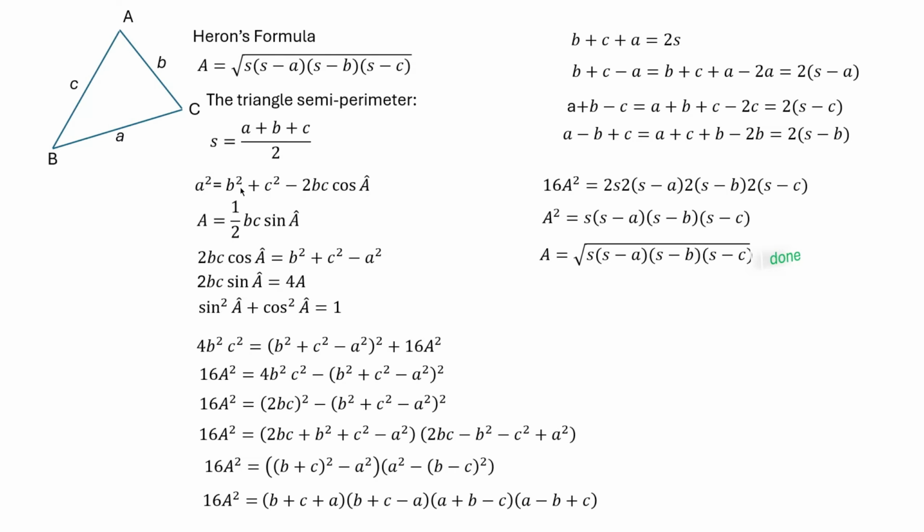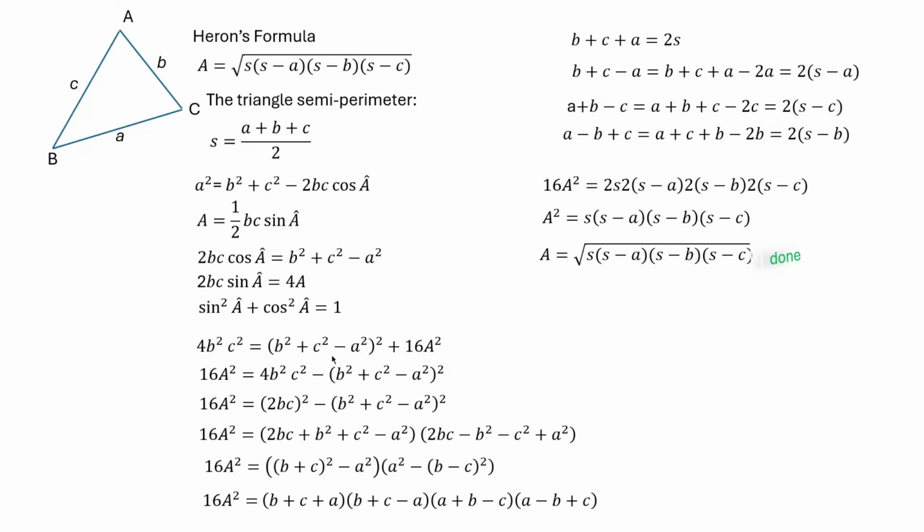Using the relationship a squared equals b squared plus c squared minus 2bc cosine A hat, where A hat is the angle BAC, and the area of the triangle A equals 1/2 bc sine A hat. Rearranging these two formulas, we have two equations, and then using the identity sine squared plus cosine squared equals 1, square both sides of these two equations, and using this identity, we have for b squared c squared